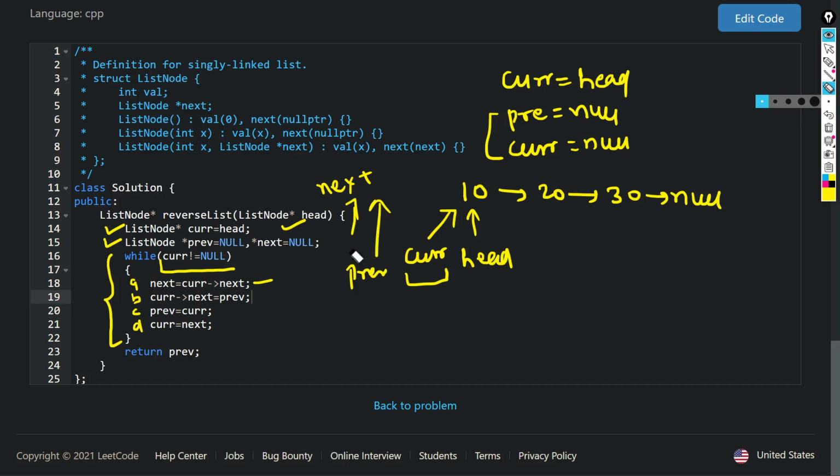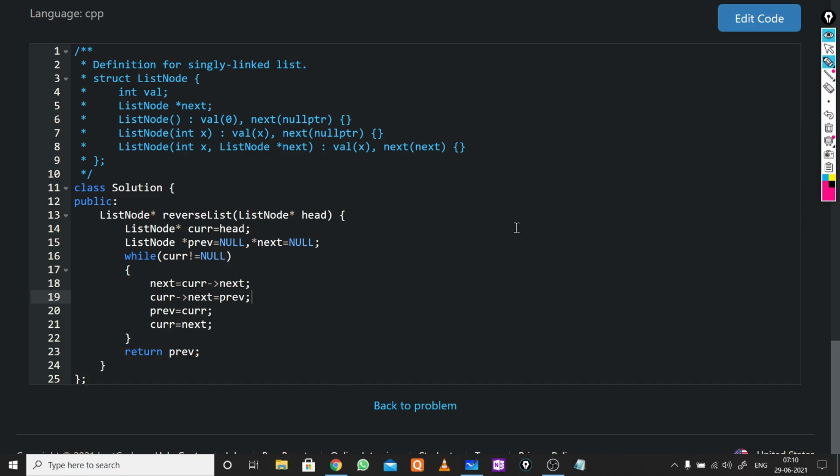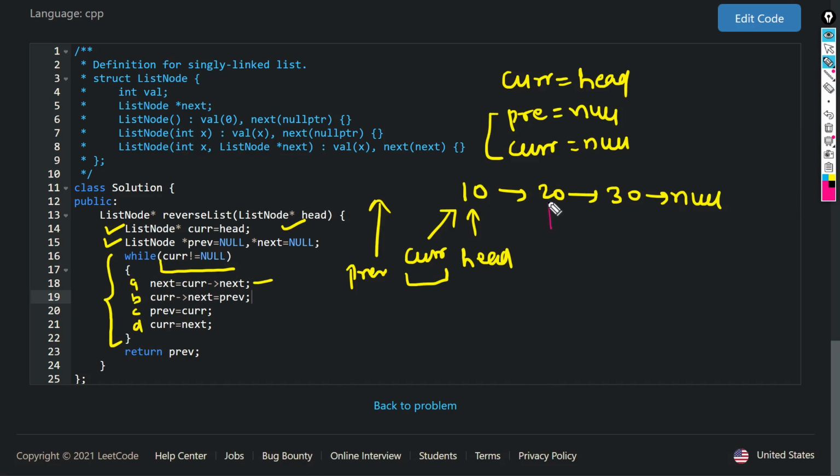So next jumps from here to here. Next is here.